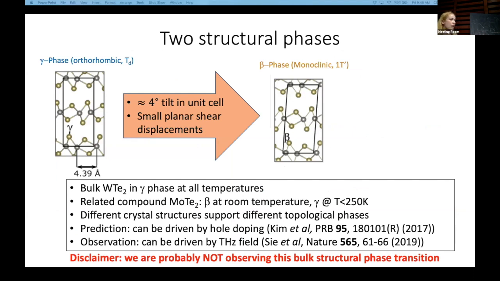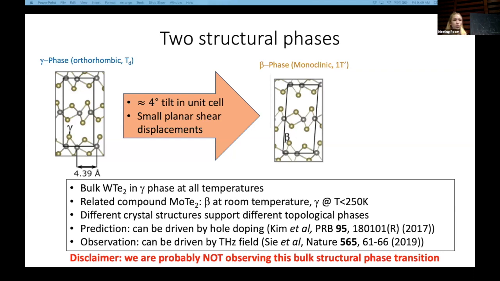This is in contrast to a related compound, molybdenum ditelluride, which has many of the same emergent bulk phases, but it actually undergoes a structural phase transition where it is this other structural phase at room temperature, and then at low temperature, it goes into the gamma phase. So this other structural phase is called beta, or 1T prime, and it differs from the gamma phase in so